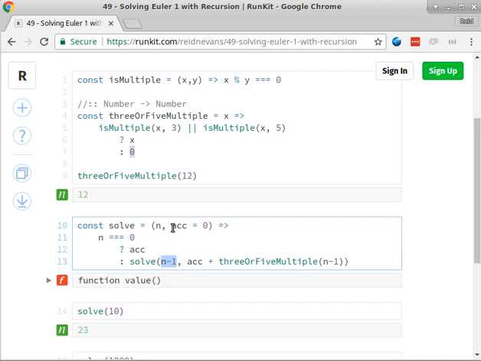So the accumulator, the first time we call it, is going to be 0. What will happen is we're going to use the fact that we're dealing with numbers and addition to know that we're in our monoid here. This is a monoid, so we can deal with this 0 and know that we're not going to modify whatever that value is if the 3 or 5 multiple returns 0. So we can take our accumulator and add it to whatever our 3 or 5 multiple returned for n